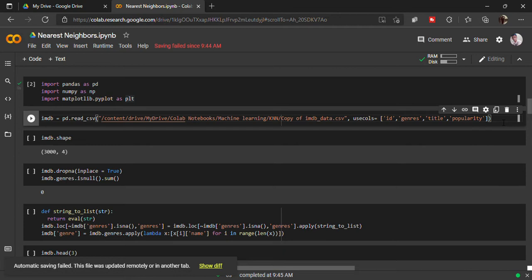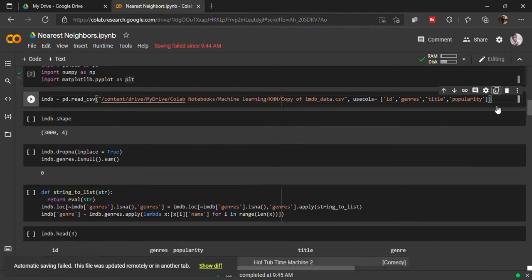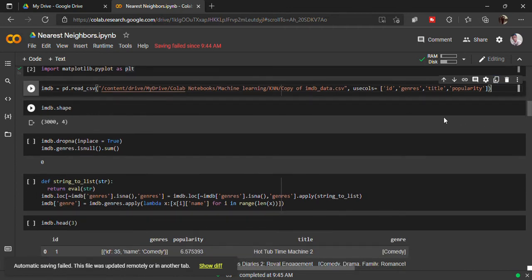So we'll just read our imdb dataset which is available. I am building a simple recommender system, so I am not using so many features.